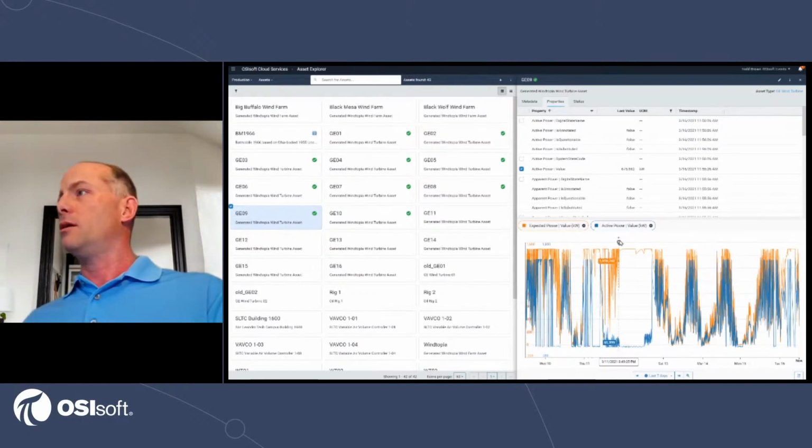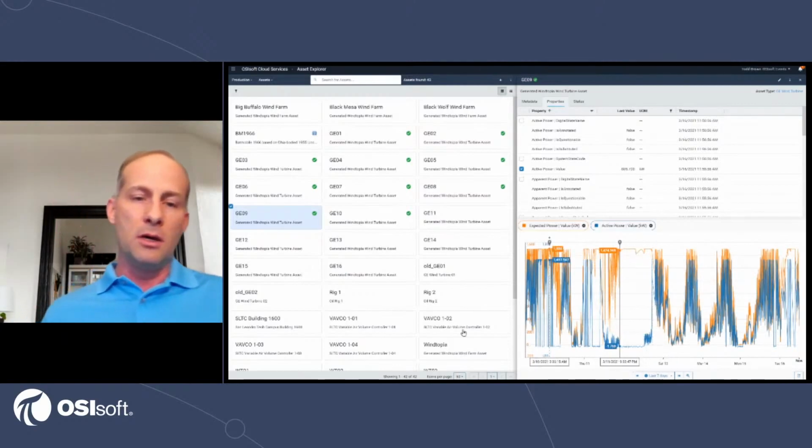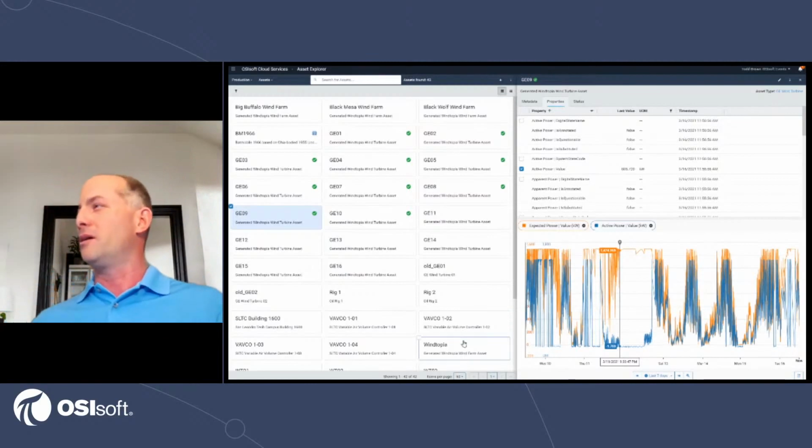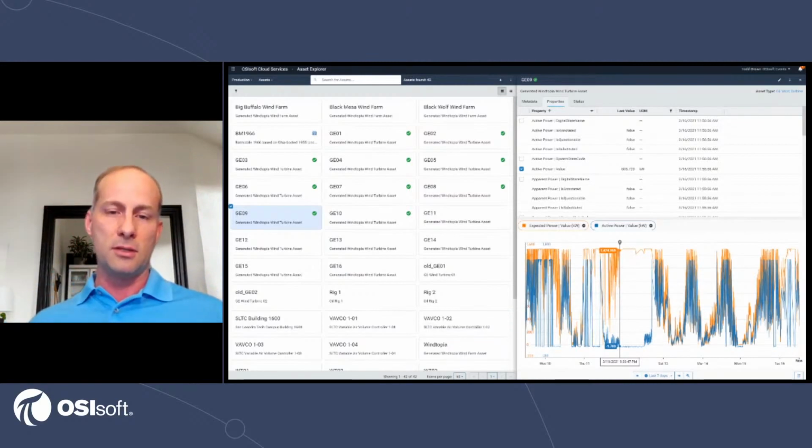If I want, I could also add a cursor to the trend and pin that. In this case, I want to figure out why my expected power is so high here, but then the active power actually dropped. It looks like there's some issue there. But I want bigger real estate to do this analysis. So in the bottom right, there's a button called View Full Trend, and I'm going to click on that,